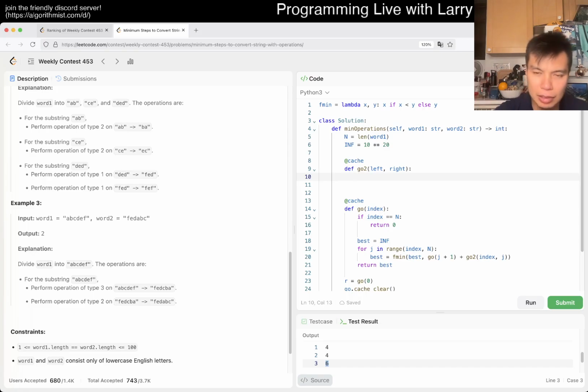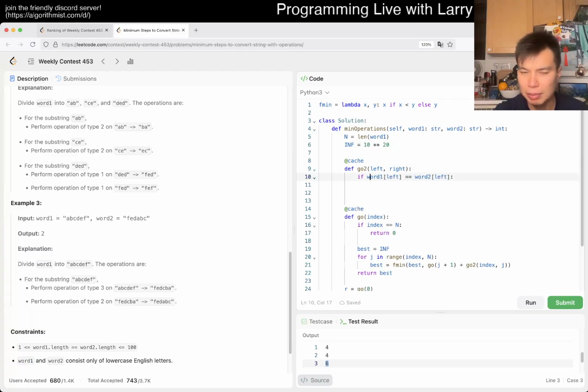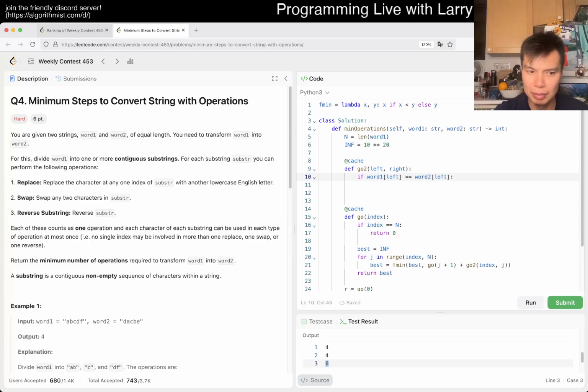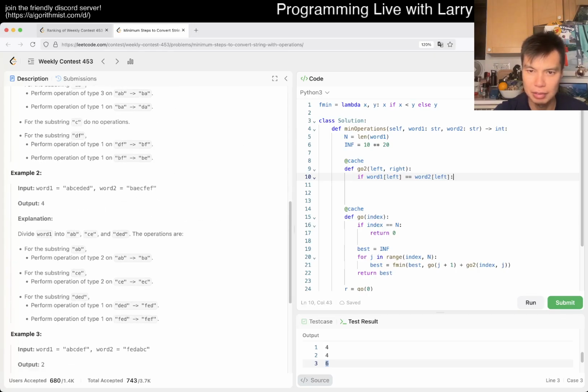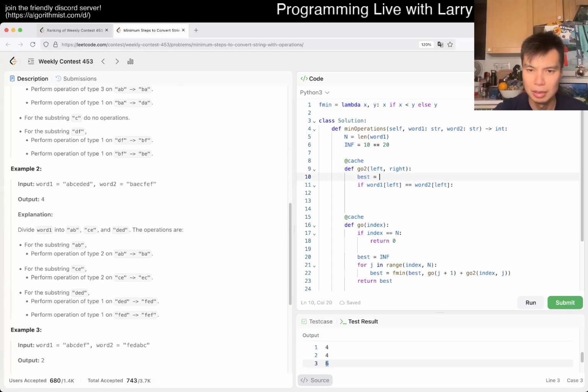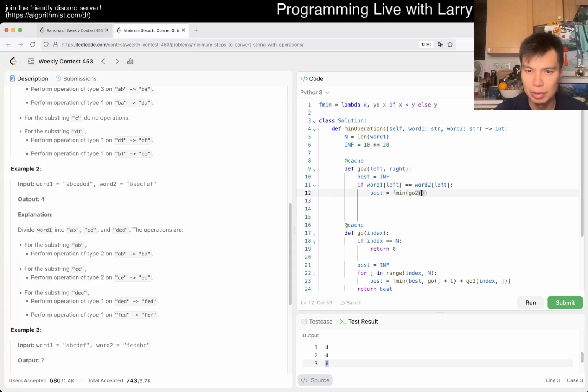So then, if word 1 of left is equal to word 2 of left, then one possible answer is just we don't do anything and we skip, right? Because there's no operation. It's a substring, but you don't care. So you can just say best is min of go to left plus 1, right? And then the other thing would have been